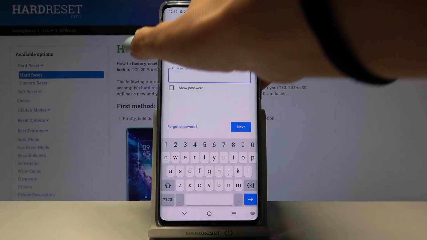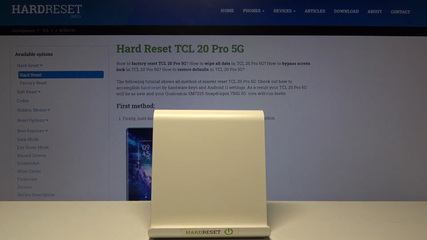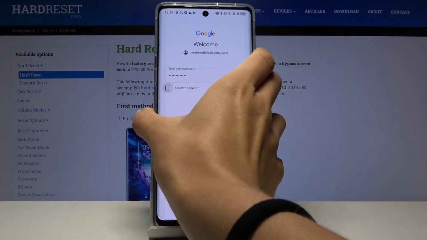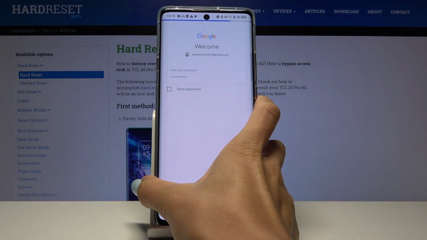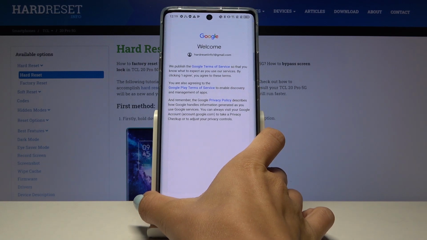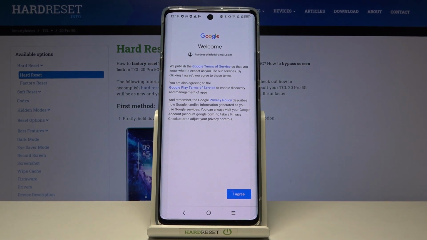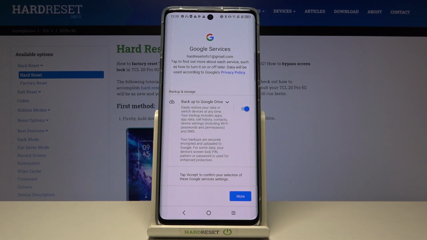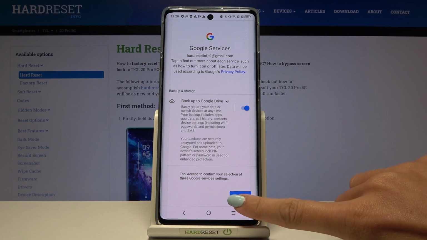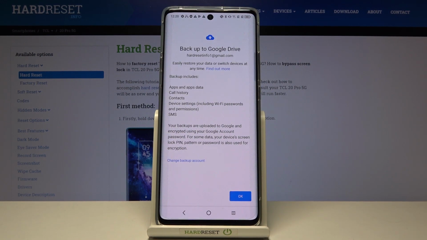And now it's time to provide the password, so let me do it off the screen. Here it is, and then click on Next. Here you've got Google Terms of Service, Google Play Terms of Service, and also Privacy Policy. Tap on I agree to confirm your selection, tap on More, and Accept to also confirm the selection of Google